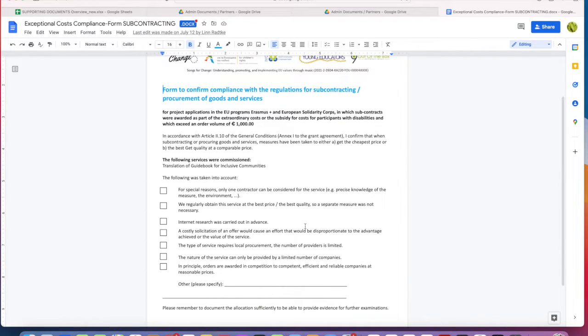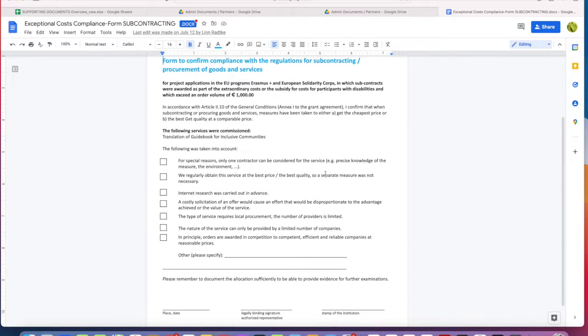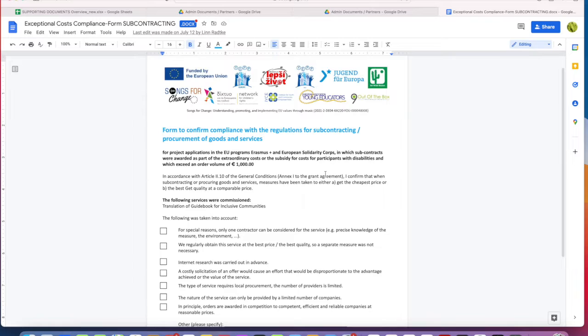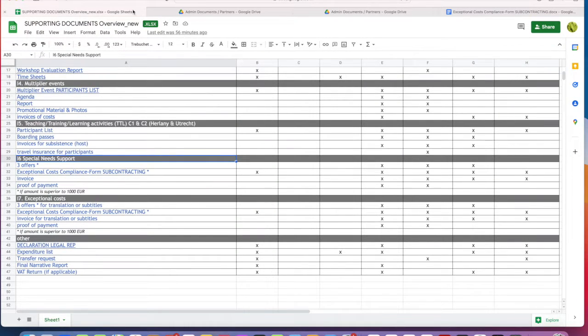Basically, you have to tick the different boxes. It's basically you as an organization confirming that you went for the best value for money, choosing this service provider for this given service. So as I said, for a translation of a handbook, or if it's about special needs support, for example the accompanying person who accompanies this person